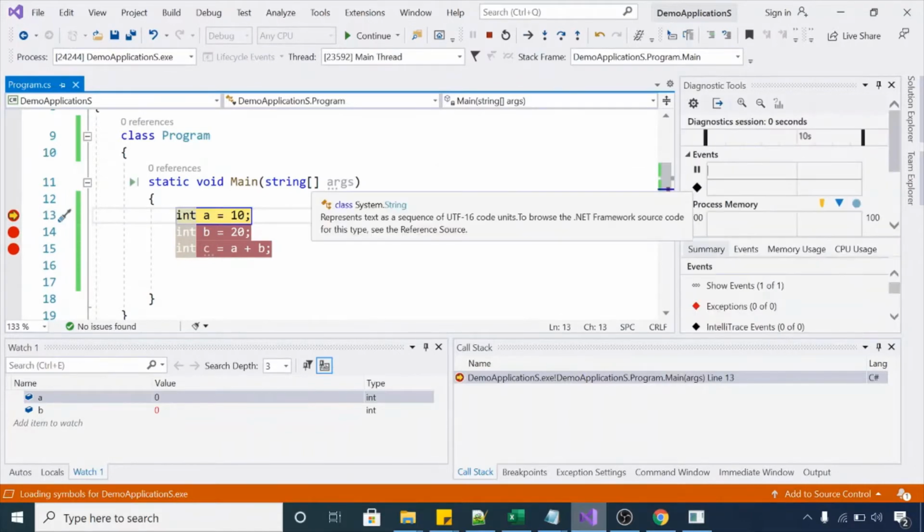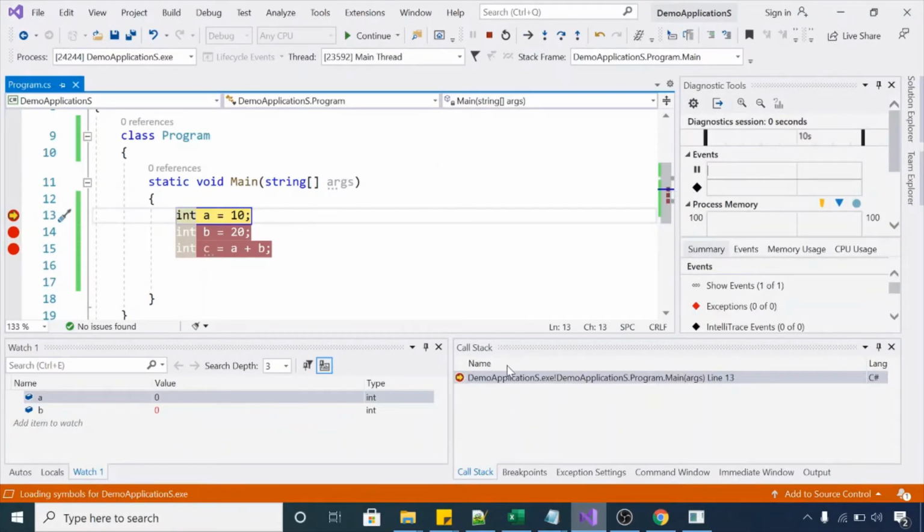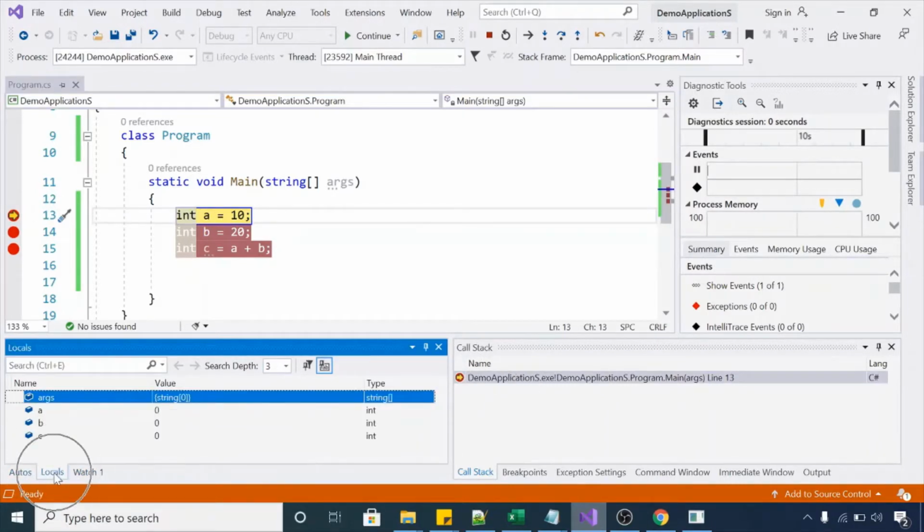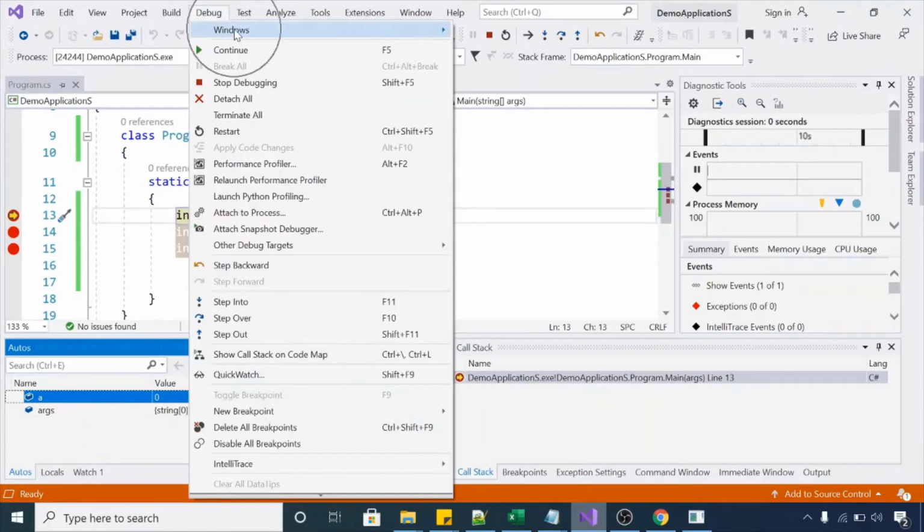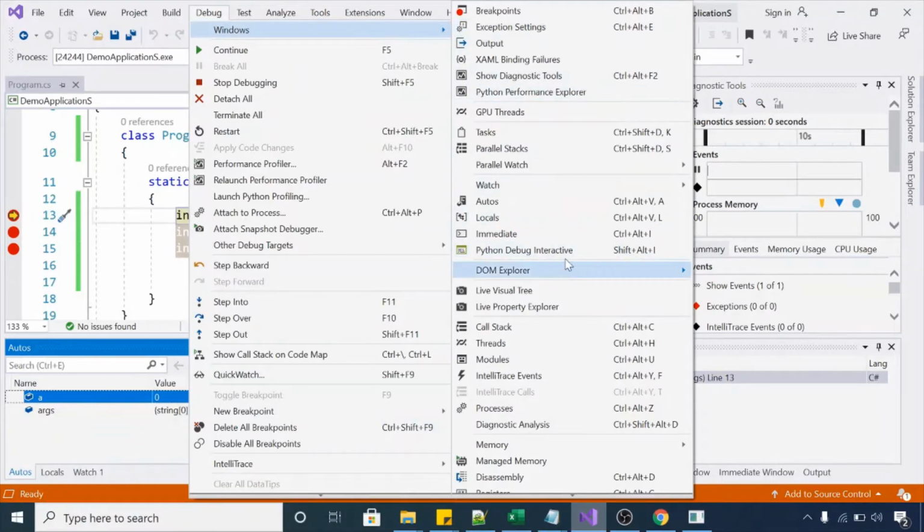Now you can see here this is the call stack window that we discussed in the last session, and this is the auto window, local window, and watch window. If we are not seeing the auto or local window while debugging, you can launch these windows from the debug menu. Click on the debug menu, click on Windows, and click on auto or local.